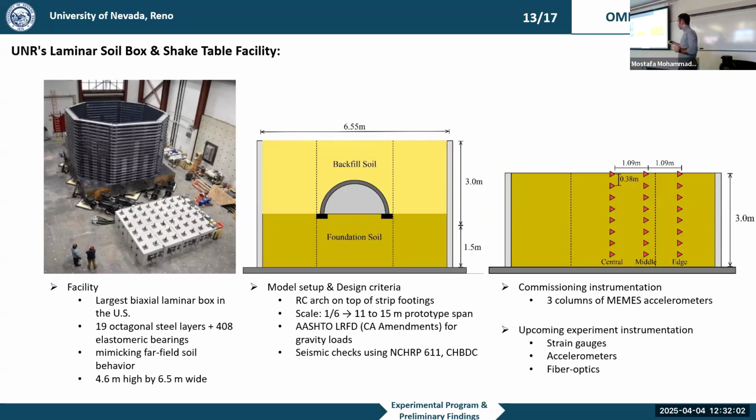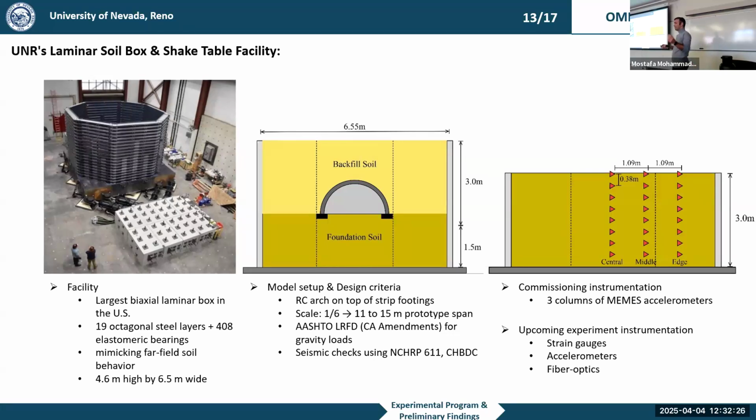But what we're going to do, we are going to have a scaled version of our prototype of our arch structure inside our soil box. The scale would be 1/6. The prototype would be around 11 to 15 meters of span, but we're going to make it a scale of 1/6 of that. We are going to do the preliminary design based on the AASHTO LRFD for gravity loads and